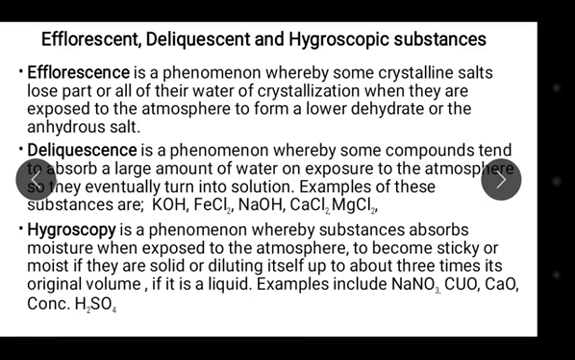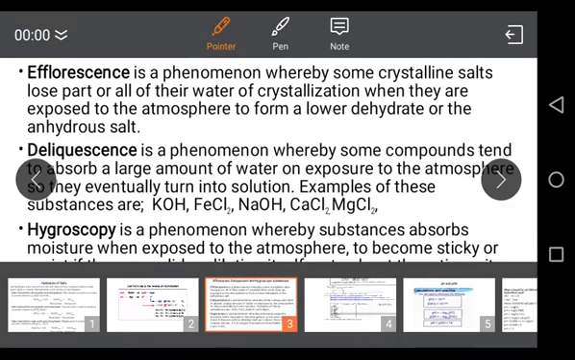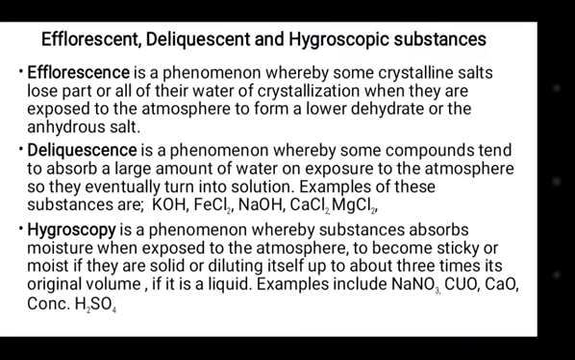Now, some substances, whether acid, base or salt, are classified under these three properties. Some are said to be efflorescent, some are deliquescent, while some are hygroscopic. Now, you just have to learn these definitions and you should be able to give an example of an efflorescent, a deliquescent and a hygroscopic substance. Now, what is an efflorescent substance? Efflorescent substances are substances that when you expose them to the atmosphere, they lose all or part of their water of